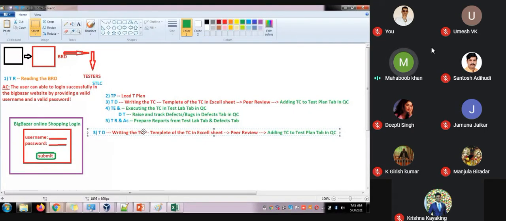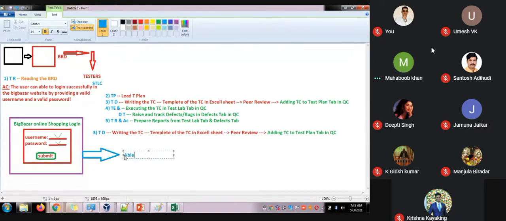What are the test cases that we need to follow here? When you see it, a valid username should be taken here, and wherever I am giving the valid username and valid password, then only can I say that if you are able to log in with a valid username and valid password, then it should be a positive approach saying able to log in successfully.